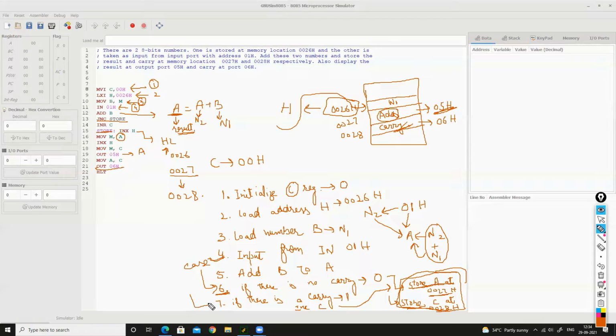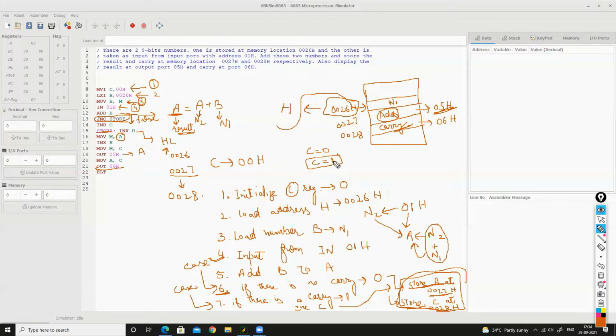Now, if the case is this one, there is a carry. That means this particular jump instruction was false. False means that there is carry, so it will not jump. It will go here. What is this saying? Increment C. C was 0, so it will make C equal to 1. Now C equal to 1 means that there was a carry.